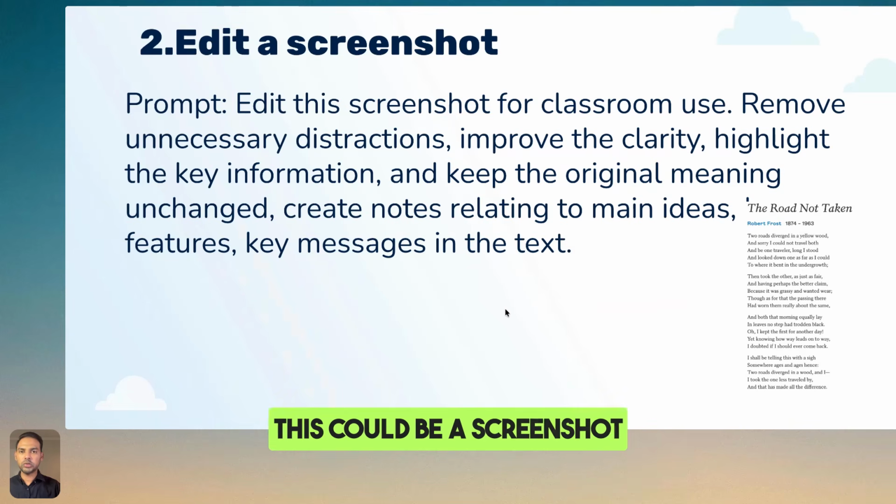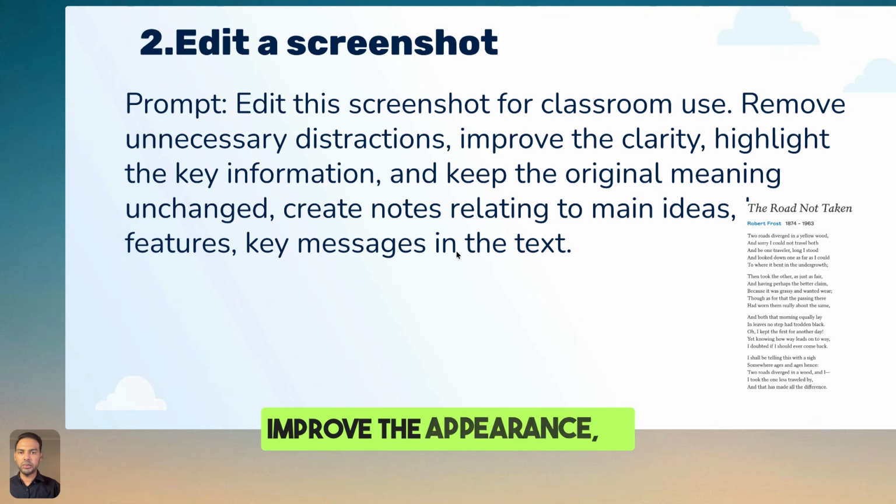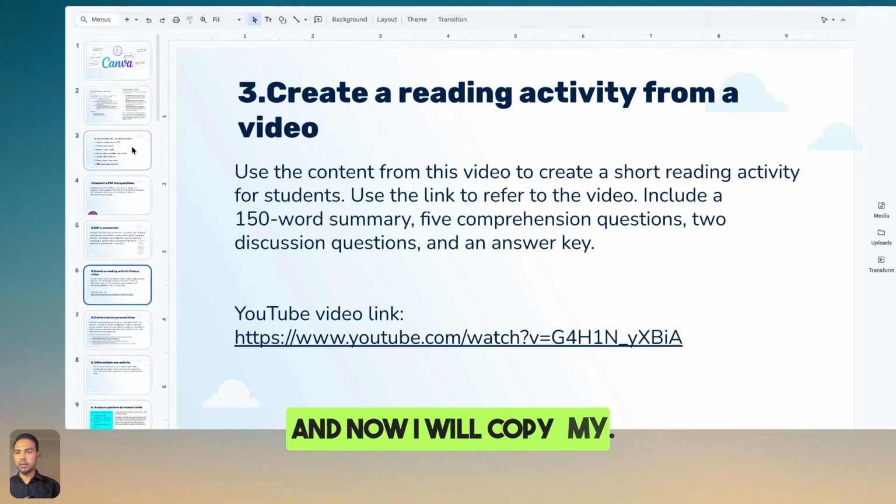This could be a screenshot from a website, an online map, a science diagram, or software demonstration. You can ask Canva AI to remove the distractions, improve the appearance, or highlight the parts students need to focus on. This is useful when you want to create a worksheet or presentation slide from an existing image. This is my screenshot, and now I will copy my